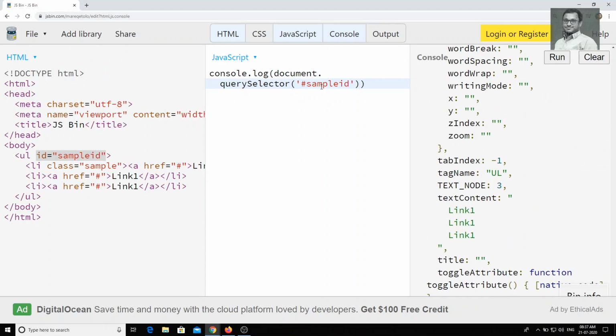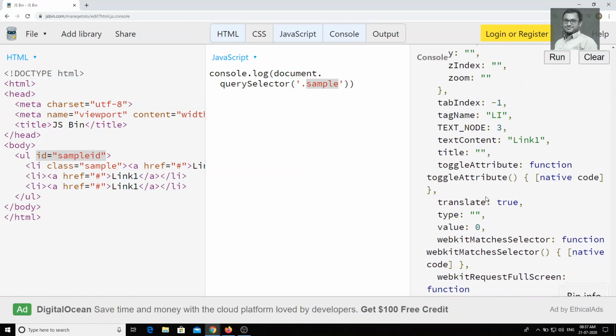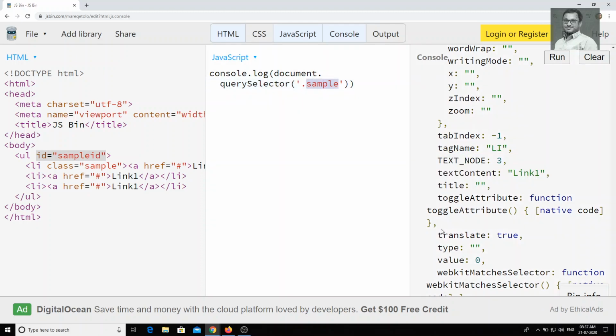If I want to get the classes, for example, I can give directly dot sample. So you have only one method, querySelector, and you just change the selector. Now here you can get the Li with sample, and if you want to get a tag, you can directly give the tag, UL.